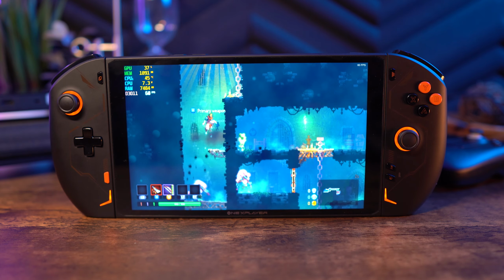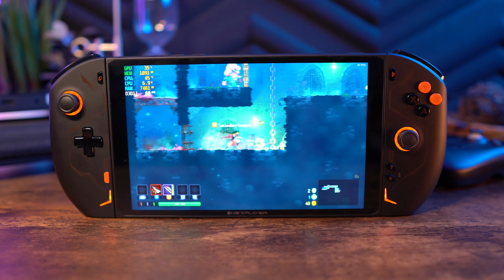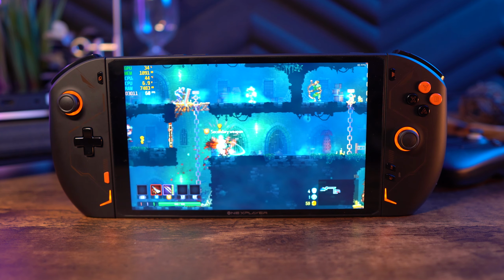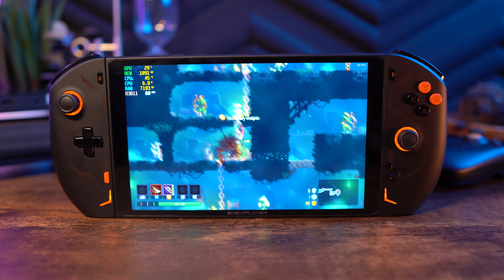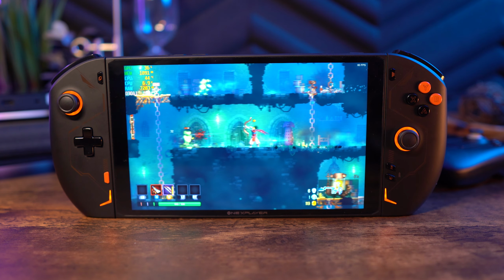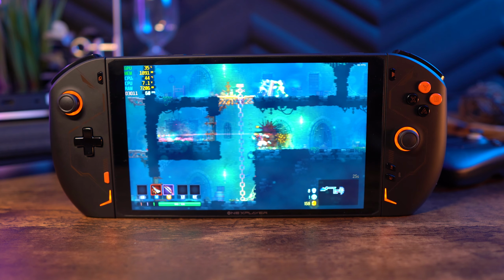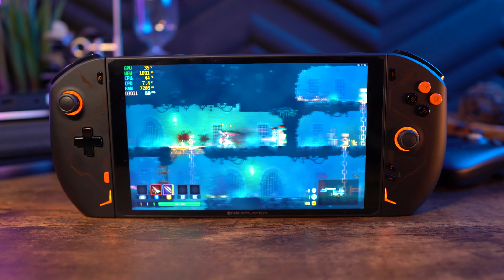If you're into emulators, that will be another area where you can expect similar performance with less demanding games. For AAA titles, it's all about tweaking your settings to find the sweet spot and taking advantage of resolution scaling like the AMD FSR if a game has it. This can get you 60 FPS averages in AAA titles with low to high settings at higher resolutions like 1080p, 1200p, and 1600p. You really have to spend time tweaking all of these settings to get the most out of